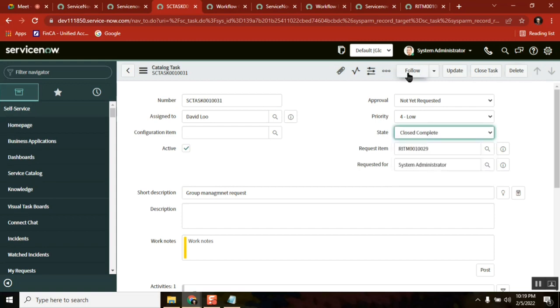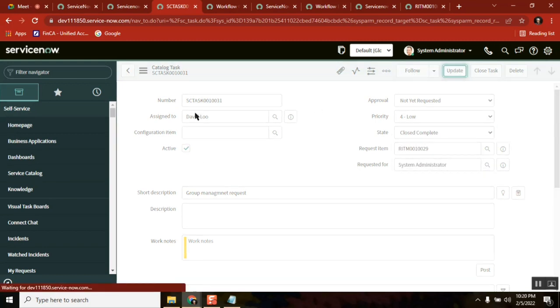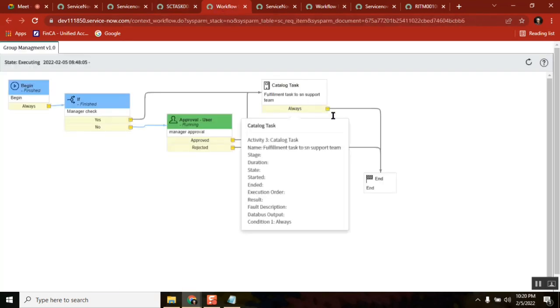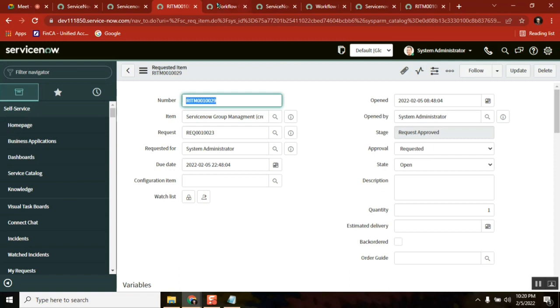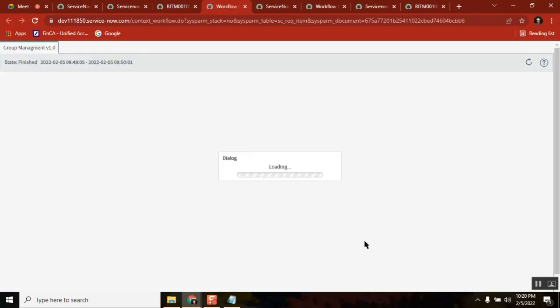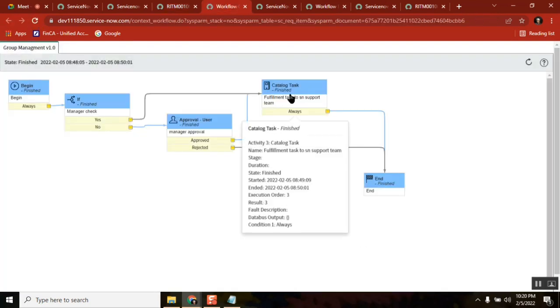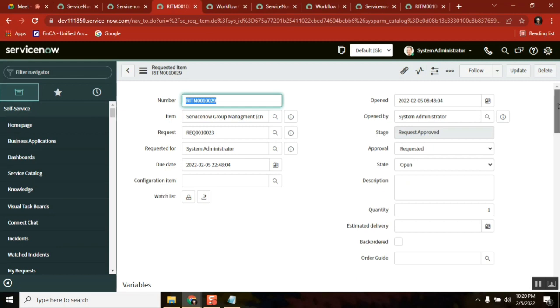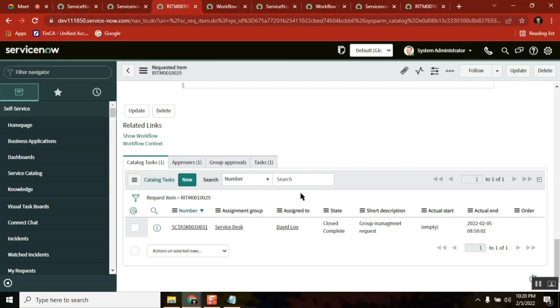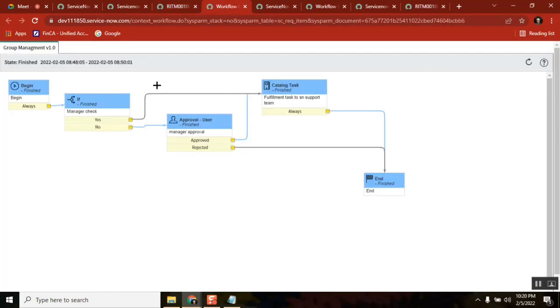Once he closes that, the flow will move on to this one. I think I didn't show it, it was here. Now I closed this, so it will go to this action. So it is closed. If you refresh it, after I closed it, it moved to this one, so the flow is ended. The request is successfully closed. We didn't do many things we have to do, like closing the RITM and all, but this is how the request fulfillment process works